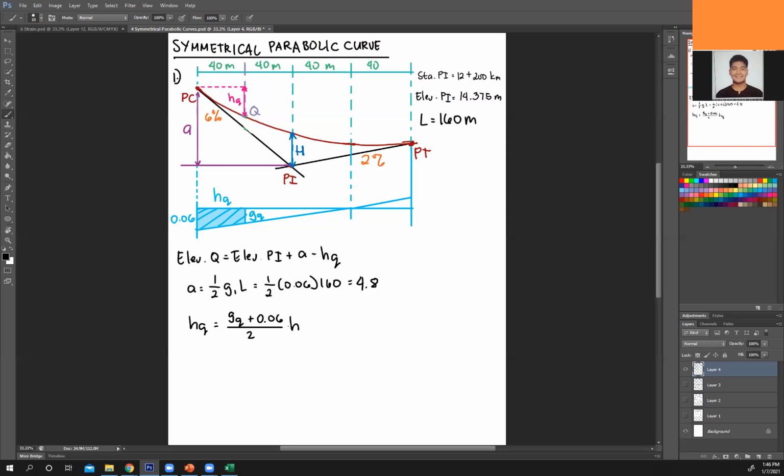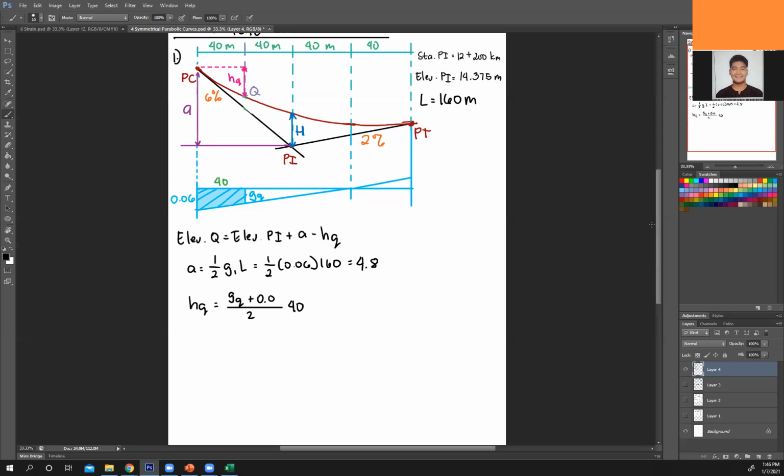Okay. No, height is, sorry, this length. And this length is actually this, so it's also 40. So times 40. So now my problem here is what's GQ? So to solve for GQ now, you can use ratio and proportion since this is a right triangle. Okay. So using that ratio and proportion of your right triangle, first this right triangle, the smaller one, and then this larger one. Okay.